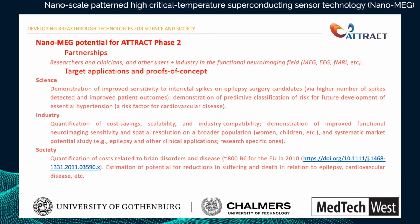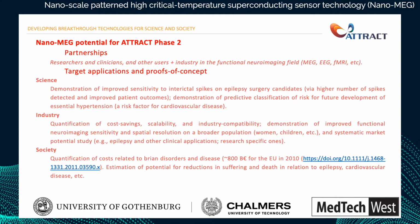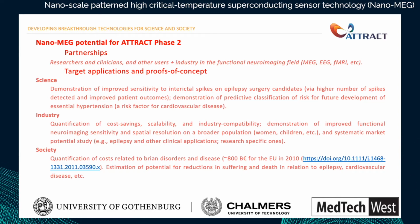Industry partners of interest include manufacturers of EEG and MEG systems, superconducting sensor technologies, magnetometer technologies, and cryogenic systems, specifically for operation at 77 Kelvin. In terms of investor outreach, we aim to restart our business plan